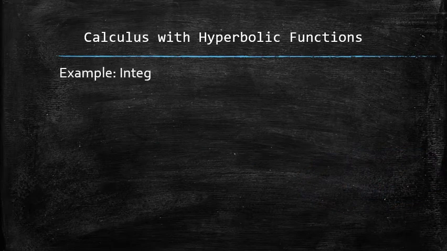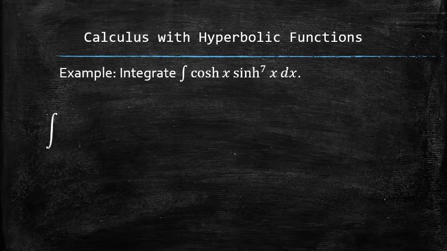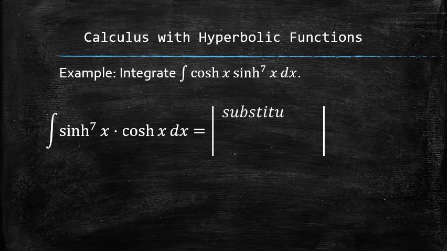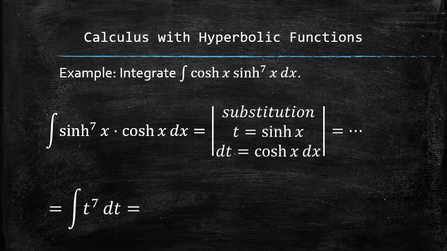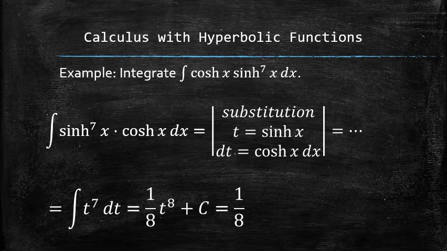Let's do an example of an integral. We first recognize the pattern and rearrange the integrand. Then we set up the substitution by setting a new variable, let's say t, equal to the hyperbolic sine, and finding the differential of t. Next, we plug everything into the original integral and notice how, because of the discovered pattern, we have nothing but the function of t left in the integral. We finish the process by finding the antiderivative and plugging the original function back for t.